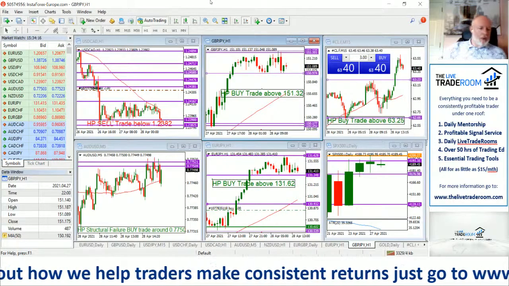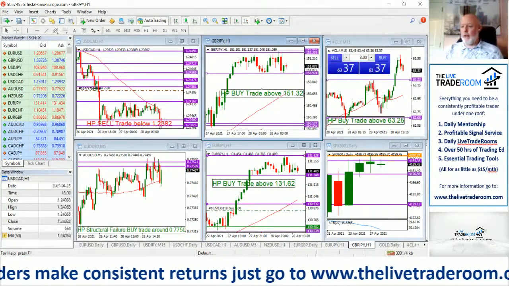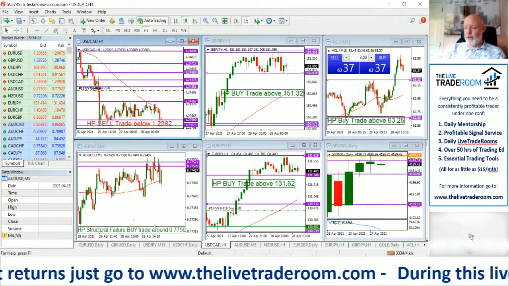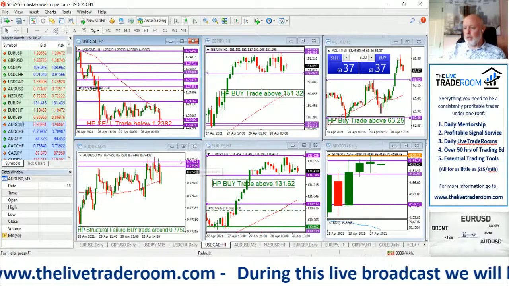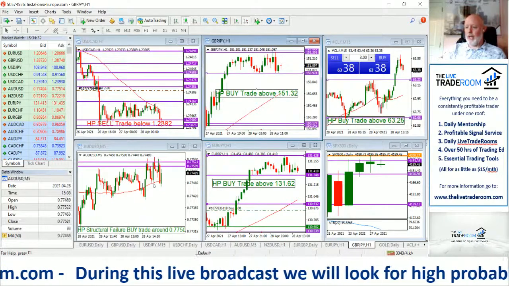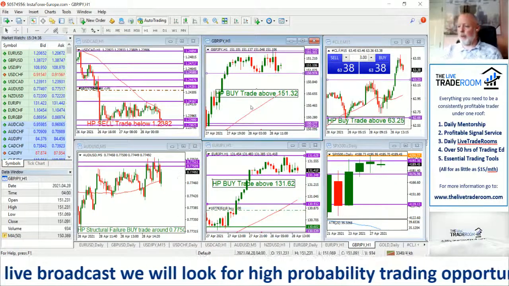So look, we're going to have to wrap it up there, guys. That's our trade plan currently up on screen. Looking to sell the dollar CAD below the 23.82, looking to buy the Aussie dollar above that 77.50 level, and only if we get a close above that level will we get in. So a little spike and a rejection does not tick the box for us.